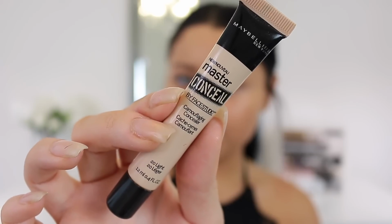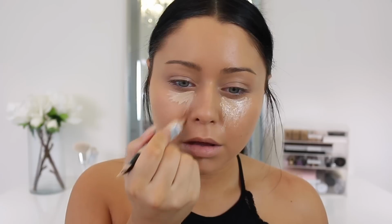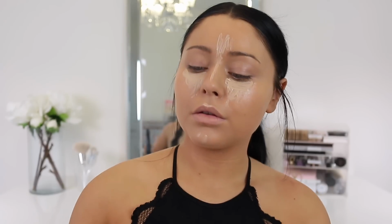So this drugstore concealer is amazing. This is the Maybelline Master Conceal. I've been using this for years. It is very full coverage. It's very comparable to the MAC concealer. Super full coverage. The only thing is I wish it had a nice doe foot applicator, but I mean, this still works. I'm just putting that underneath the eyes and down the center of the face, and I'm using